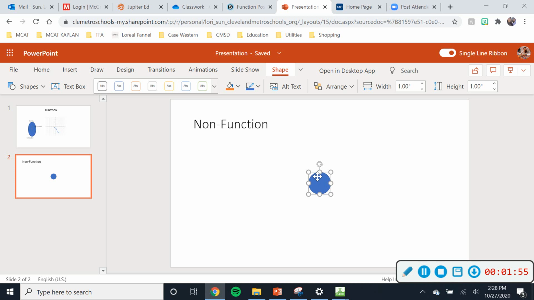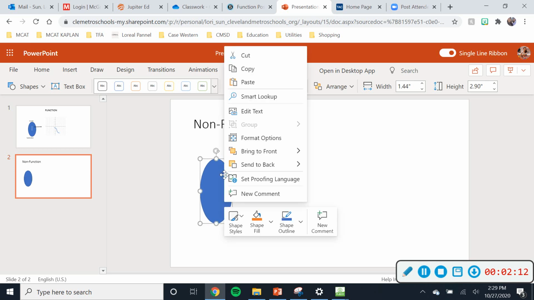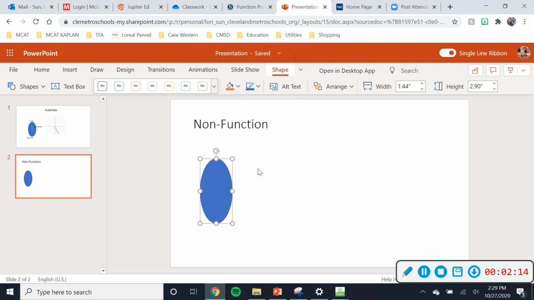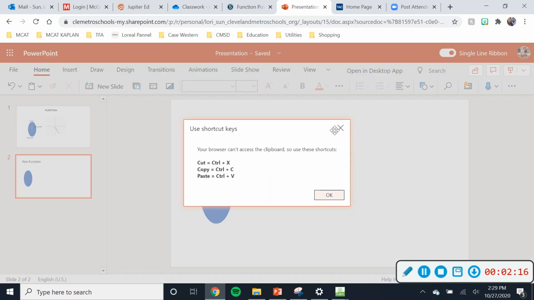And once you see these little 4 arrows show up, that means you can click and drag your shape wherever you want. You can make it bigger, you can change the look of it, and you can also copy it. So I can copy this and paste it